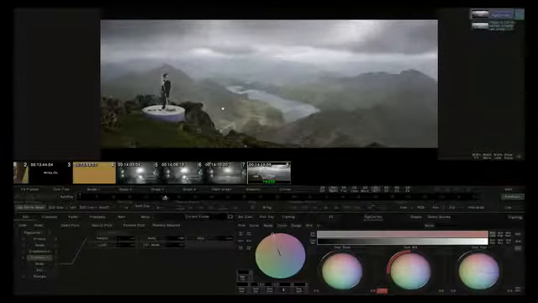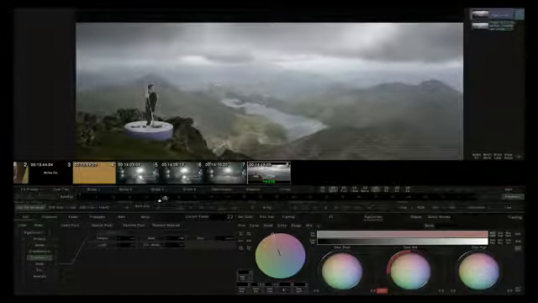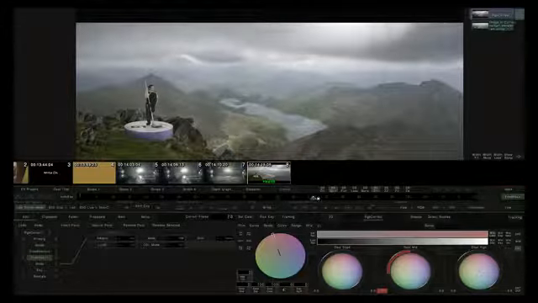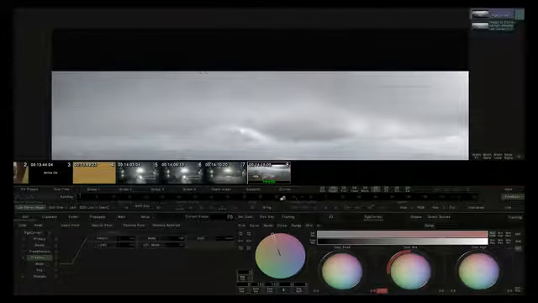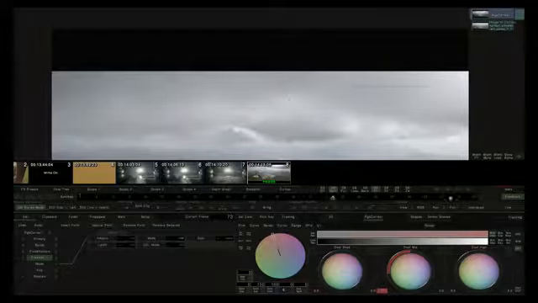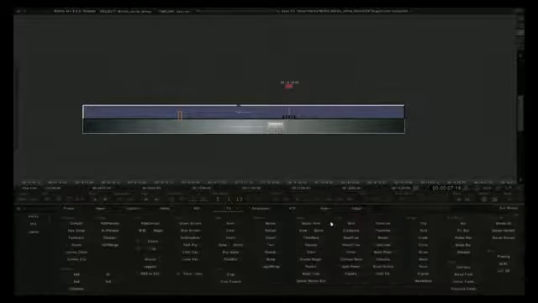The vector paint also has some interesting tools for restoration by combining the functions of painting with the optical flow functions of Mistika. So if I just go to a different example, in this shot we had a problem with a high-speed bird flying through on a time-lapse shot. So I just needed to get rid of this. So using vector paint again,